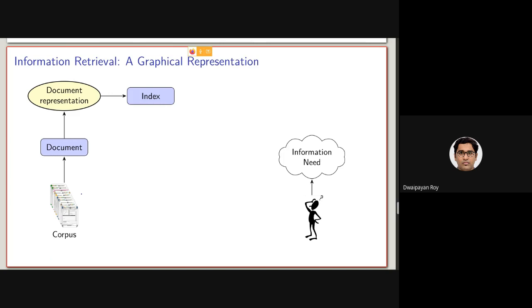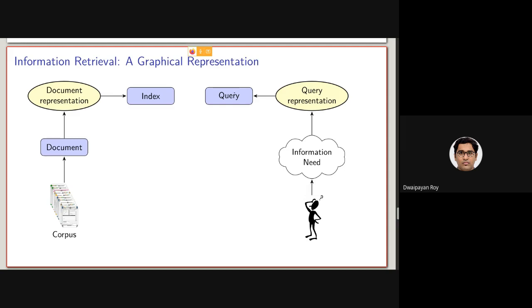So from this information need, I used some query representation mechanism and I generated a query, which I hope you can remember. I have given "Indian captain". My information need was, I want to know the captain of Indian cricket team, but the query that I have given was "Indian captain".